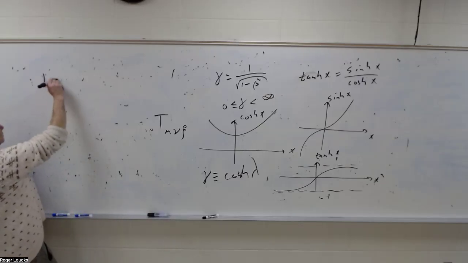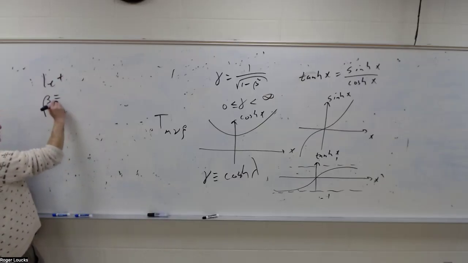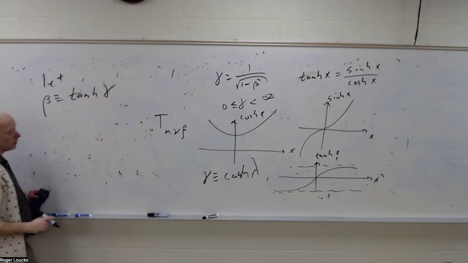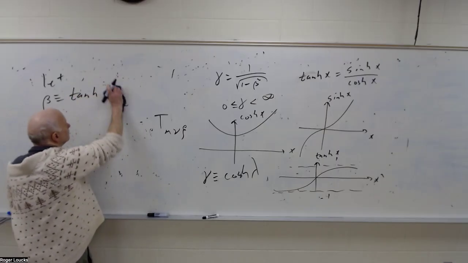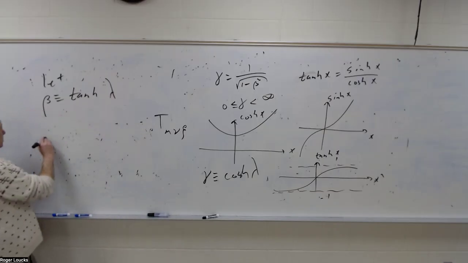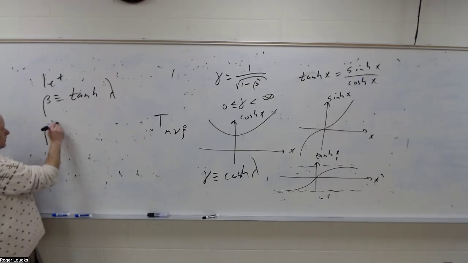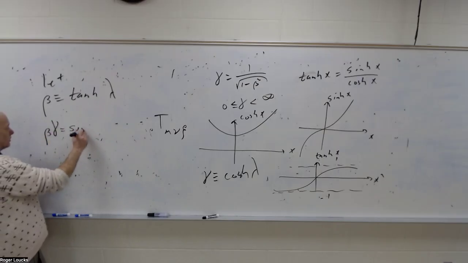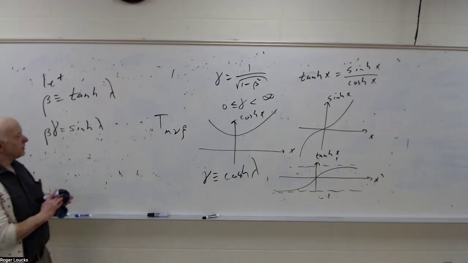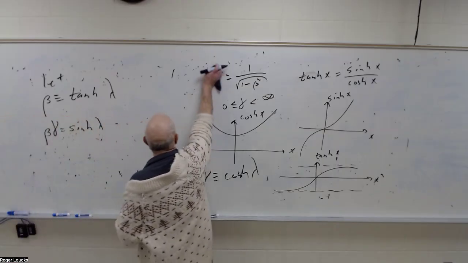So we're going to let beta be, by definition, the hyperbolic tangent of this quantity lambda. That's actually called gamma. And so the combination beta gamma is then your hyperbolic sine of lambda. So that means that our matrix, when we actually tinker with that,